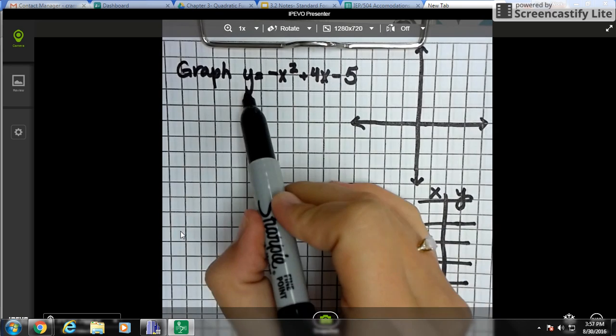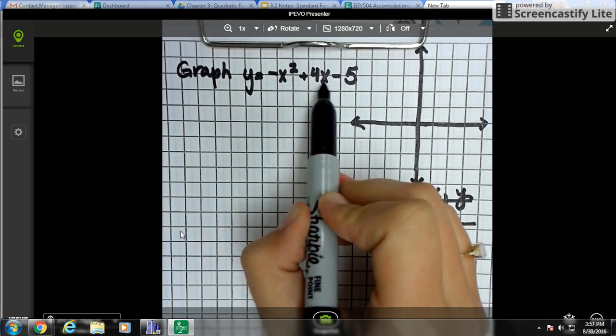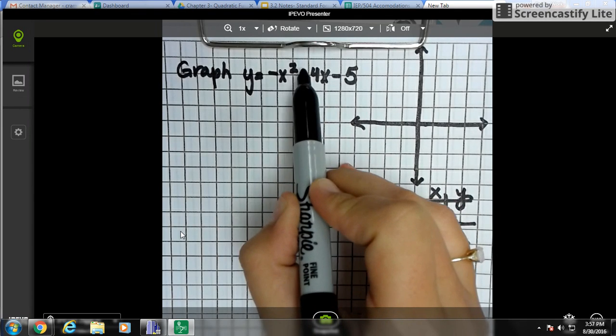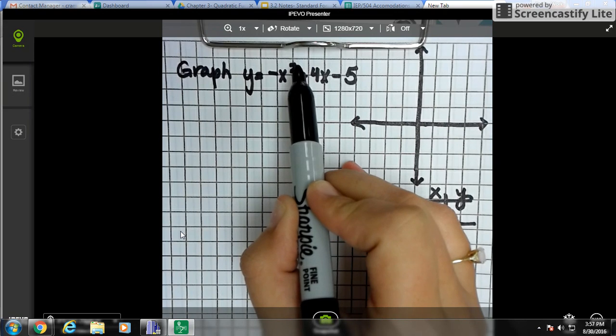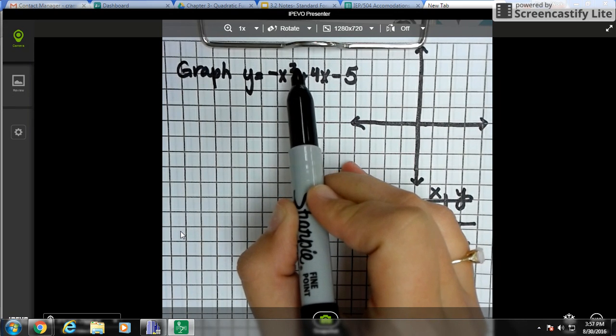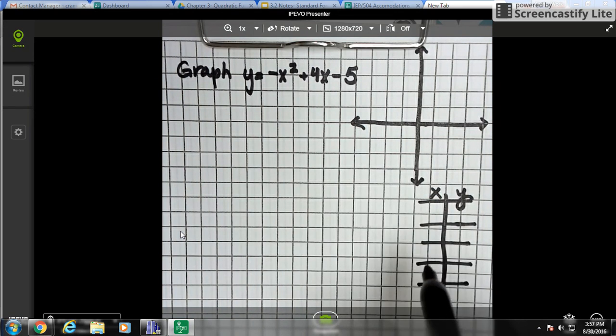Okay, so we're going to graph y equals negative x squared plus 4x minus 5. This is a quadratic function since the degree, or highest exponent, is 2, so we're going to get a parabola. So we need to make a table with 5 points in order to make this graph. And in order to do an accurate table where we know it's going to be symmetrical, we need to know